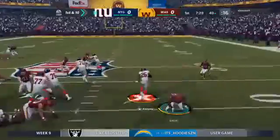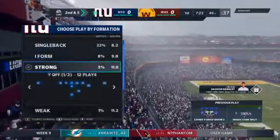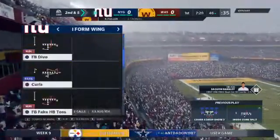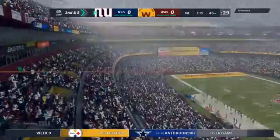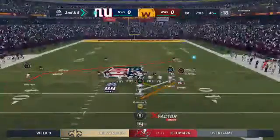Now Saquon Barkley. And he takes it past the 45 and down at the 46. 5 yards is the tally on first down. That brings up 2nd and 5. A gain of 5 brings up 2nd and 5 at the 46-yard